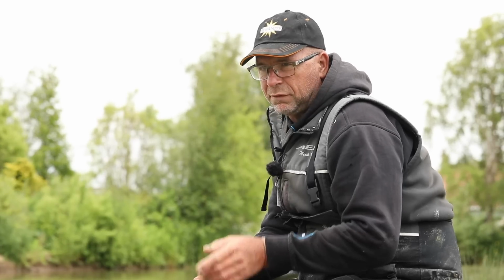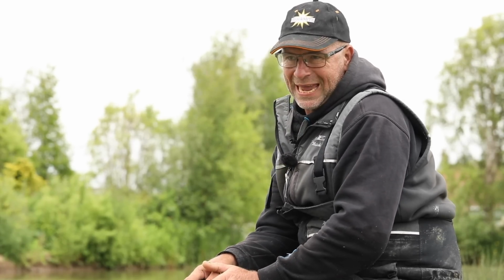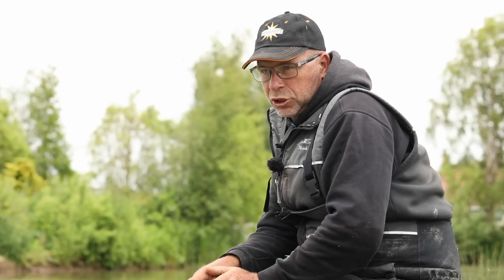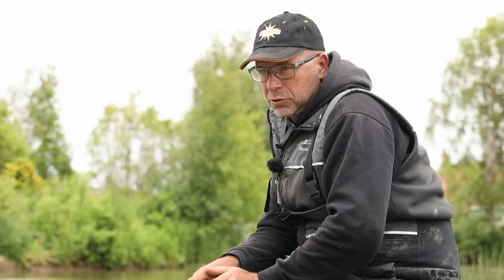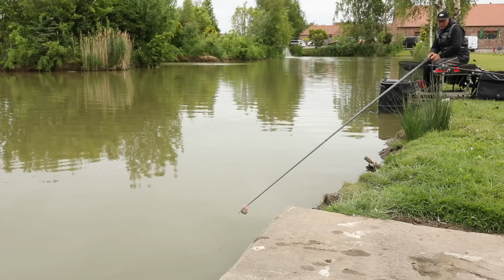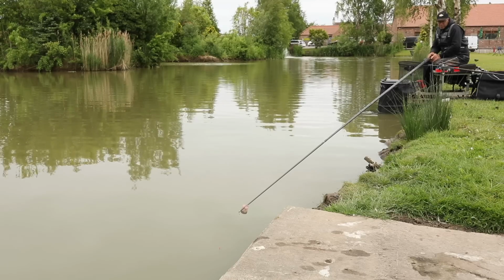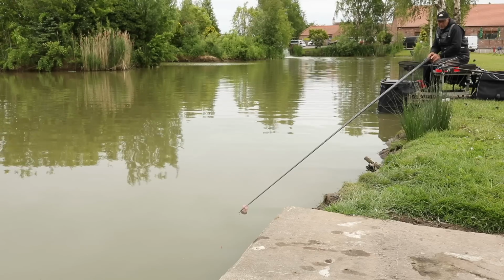When the fish really feed down the edge, often is the case where I don't actually put my bait on top of my float. I'm on a shelf, so as you're looking at my float, to the left of the float it goes deeper. That's where, maybe 1 or 2 inches to the left of the float from the angle where you're looking at it now, I'll put my bait. So the fish are coming to the bait first, which minimises